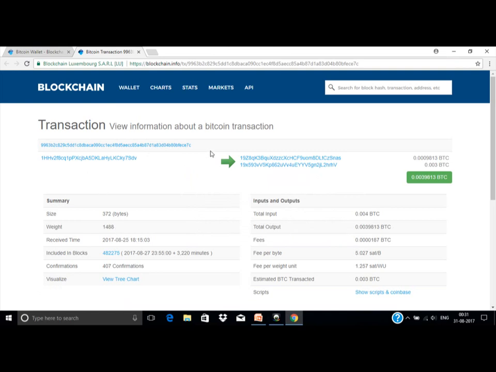Okay, in this case, this is the hash ID. I'm repeating it many times because I want all the users to understand how and where to find the hash ID. Okay, now the second point I want to concentrate on is that while selecting the hash ID or while copying that particular hash ID, many of us make mistakes. What is the mistake?